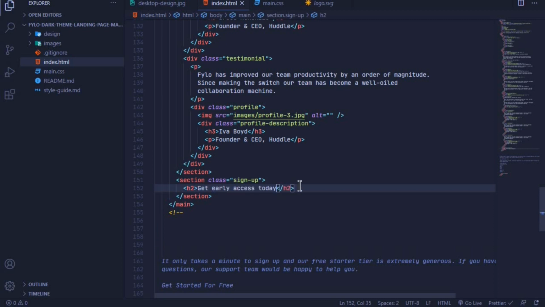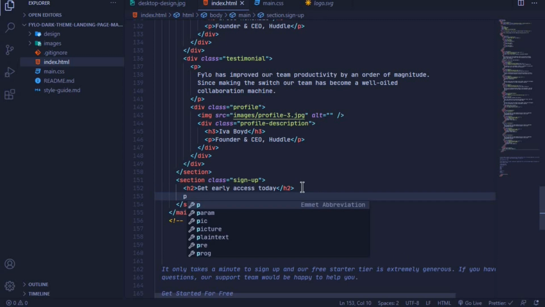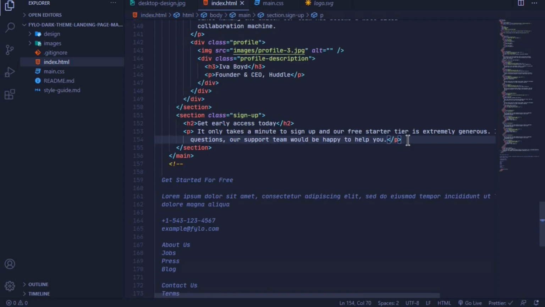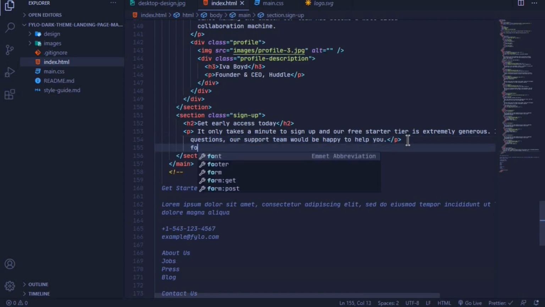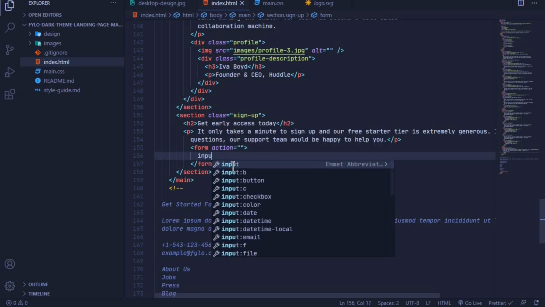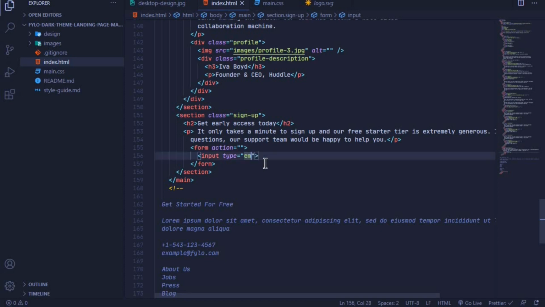The next thing that we have is a paragraph. I'll add the paragraph, cut and add. After this one we will have a form, and we don't really have any action. I'll leave it at blank, and then we will have an input field, and the type is email, and then we'll have a placeholder for this input field. So placeholder, and it will be email at example.com,